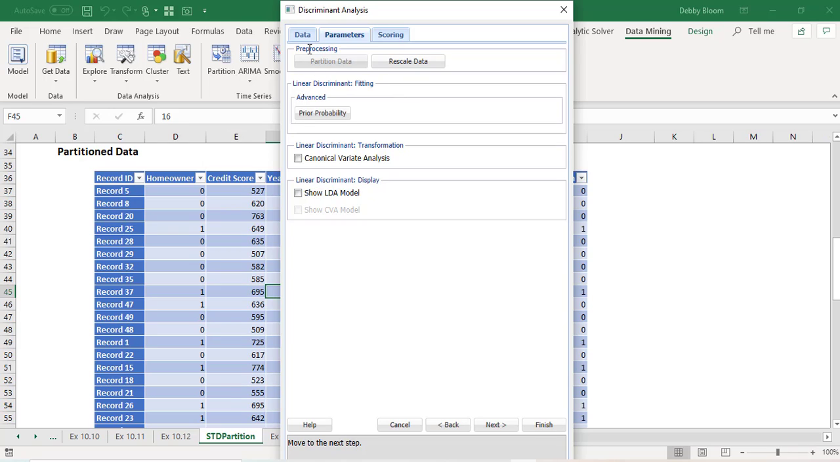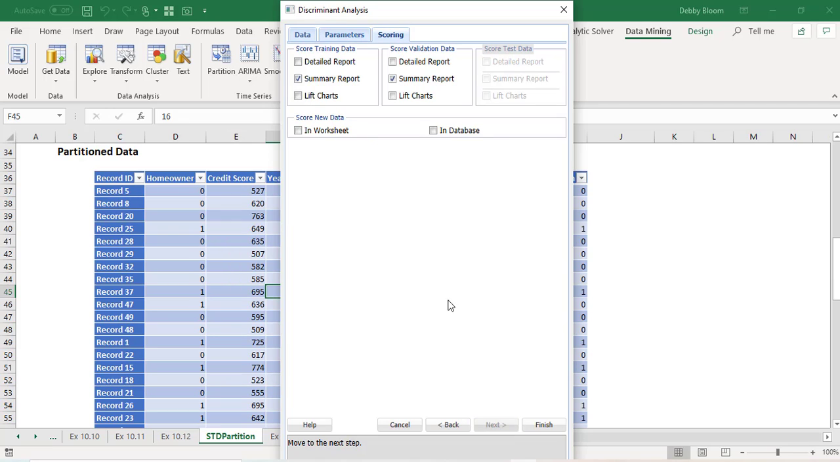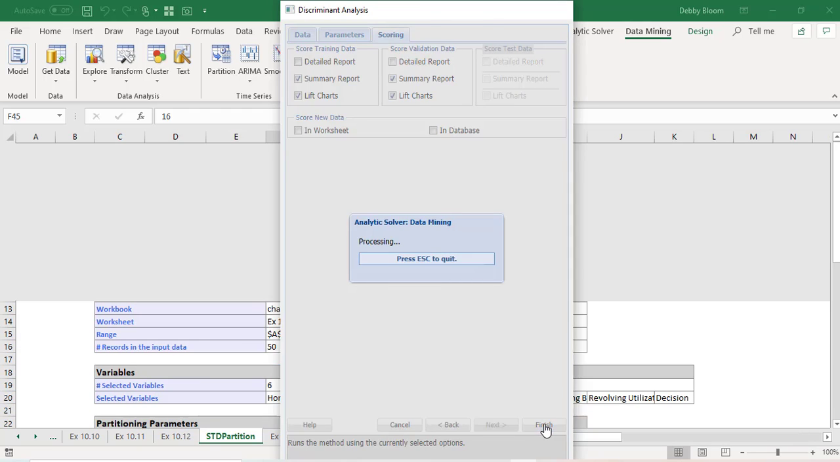Okay, so our data is already partitioned, so we don't have to worry about that. We are not going to rescale the data, and we're just going to accept all the defaults in part 2. Now we're going to click Next. We're going to check Summary Report and Lift Charts for both the training data and the validation data, and in our next example we will score the new data. So we're just going to click Finish,